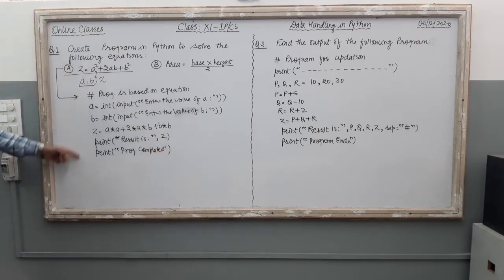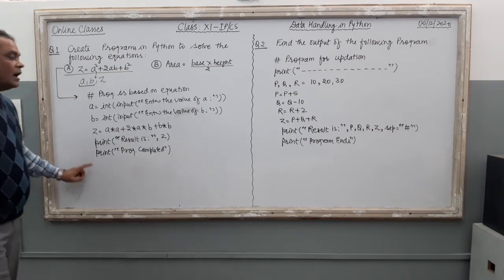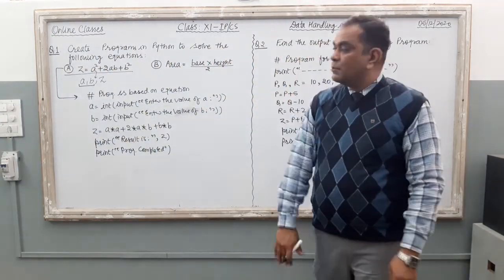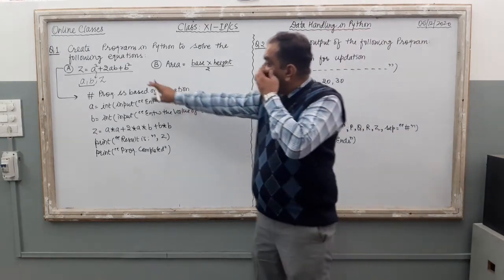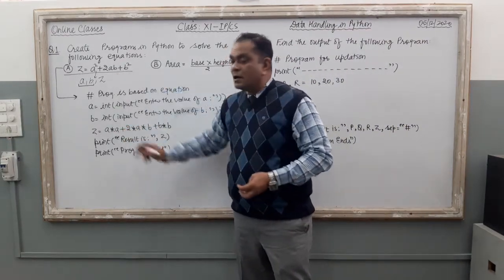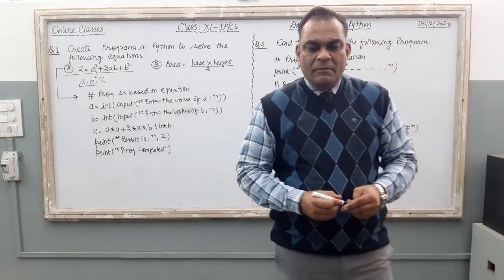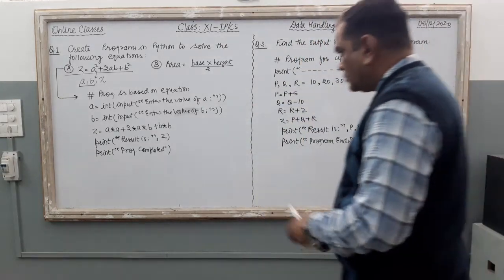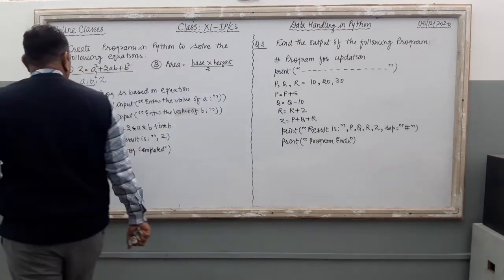Right? This is the program creation and it is a 4 marks question according to the CBSE blueprint. So we have created the program related with the equation number 1. Same programming रहती है, same style रहती है. आप कोई भी equation से related program बनाओ. So this is the program for this equation number 1.